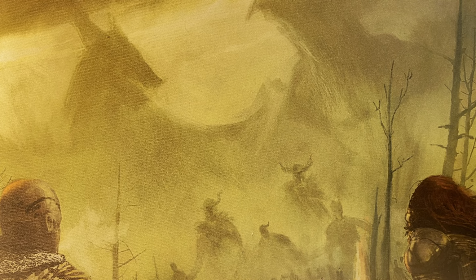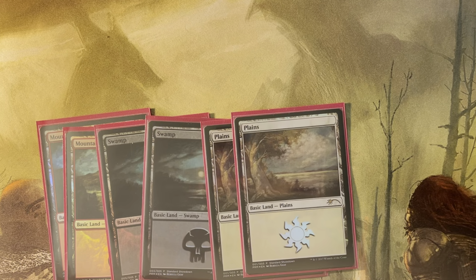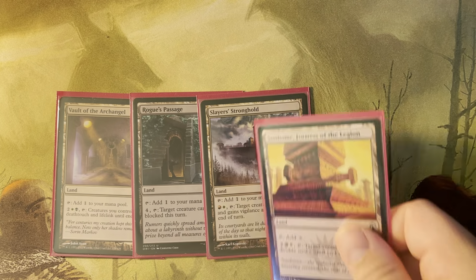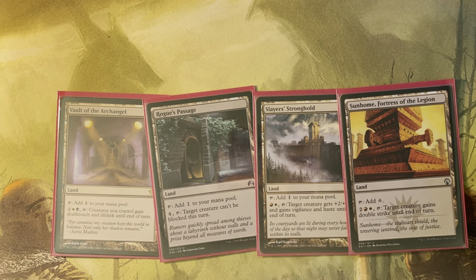And next, we'll save the equipment for last, so we'll go to my lands package. And this deck is running a pretty basic, consistent lands package with my other decks. And that is 2 mountains, 2 swamps, and 2 plains. I play a fair amount of colorless lands. And because I do, I try not to play too many basic lands. So the first one